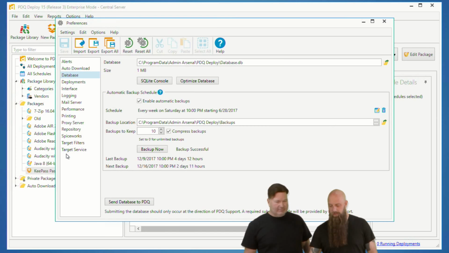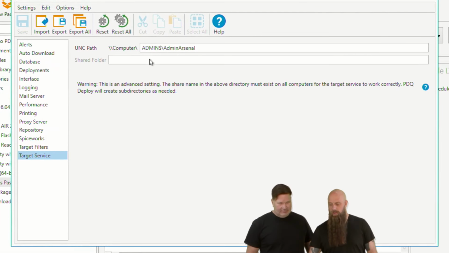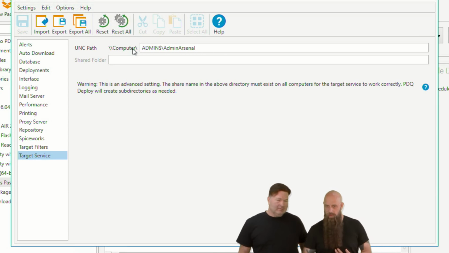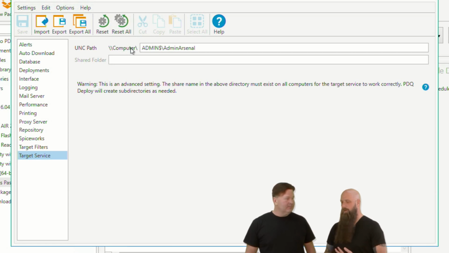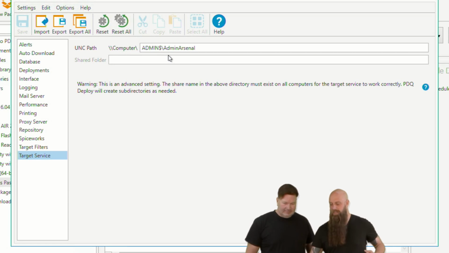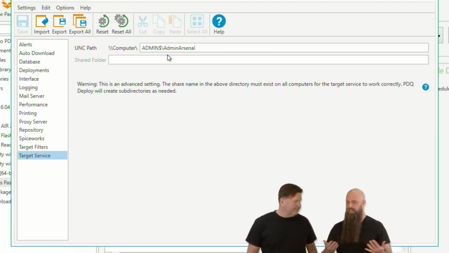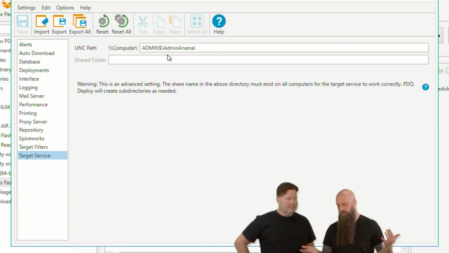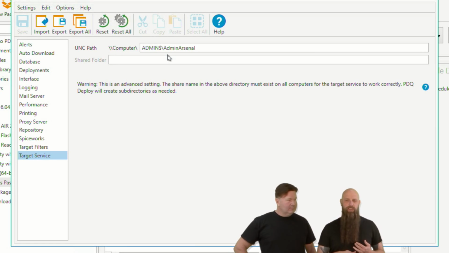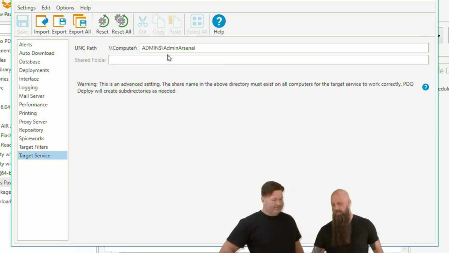Here, under preferences, under target service, you can specify the share that you go to and where that share resolves. By default, it's admin dollar share, admin arsenal, which is once again the Windows directory. You can change that. If it's not going to be a default share, you'd have to create one on all your computers, say PDQ, share that, and then have that be the same path. So you could say something like